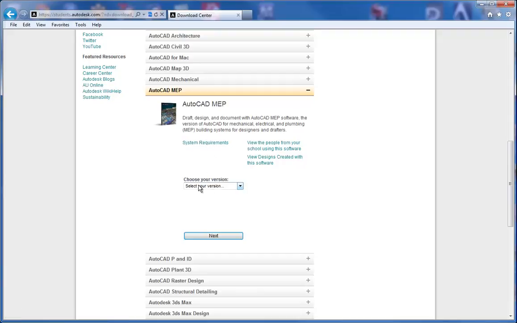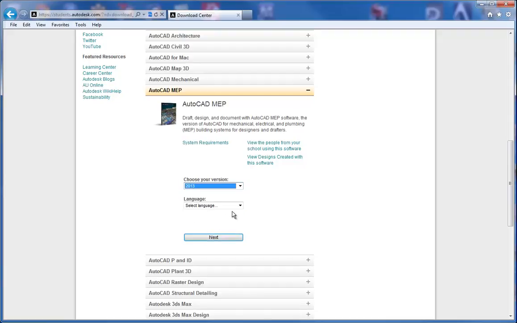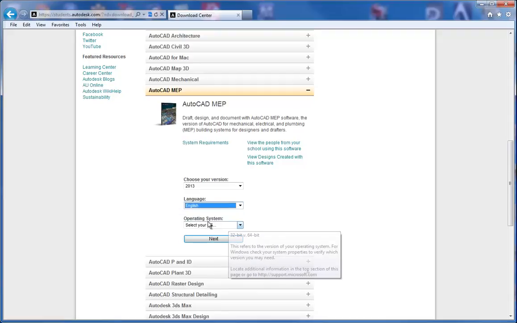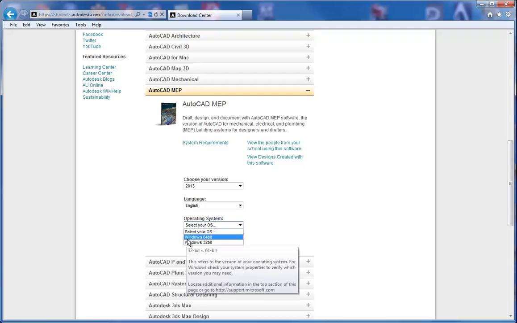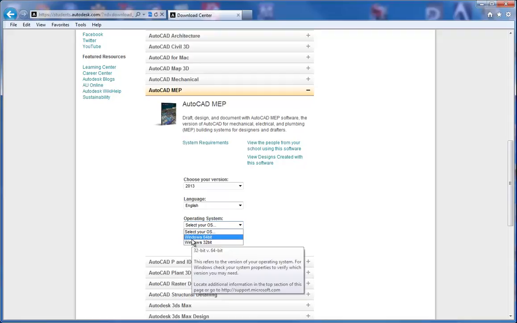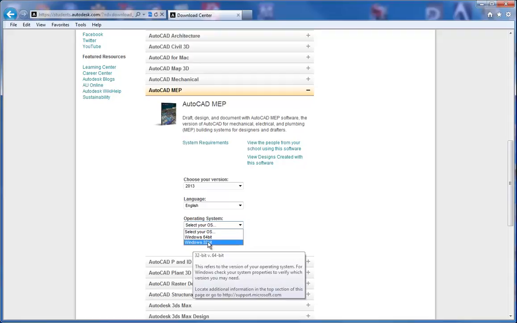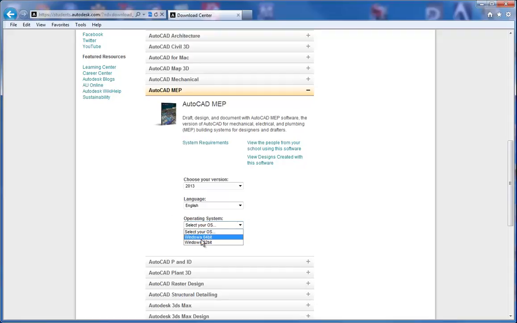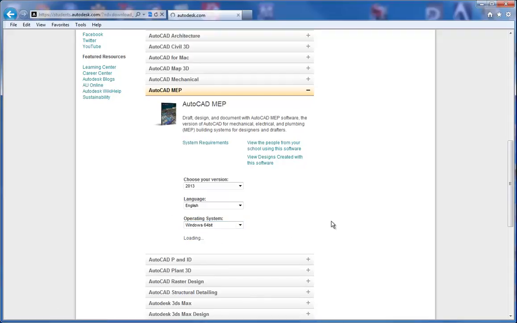So it's going to ask you to choose your version. So we can go from 2010 all the way to 2013. We'll select our language, and then it's going to ask me which operating system. Now it's important to bear in mind that if you're using a 64-bit machine, you can use either one of these installers. However, if you're using a 32-bit machine, you need to use a 32-bit installer or it will not work for you. So I'll choose a 64-bit, and when I click on Next,